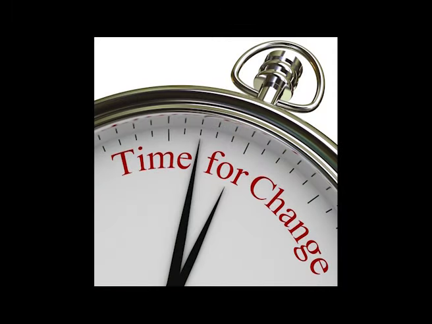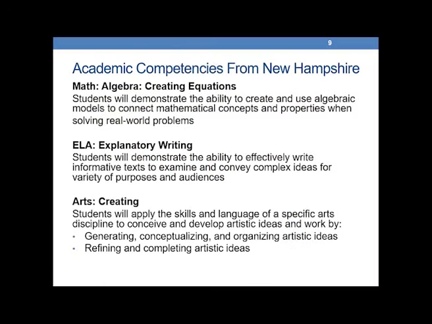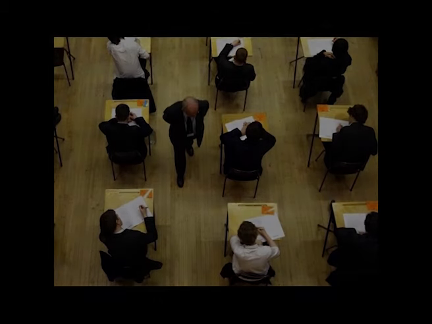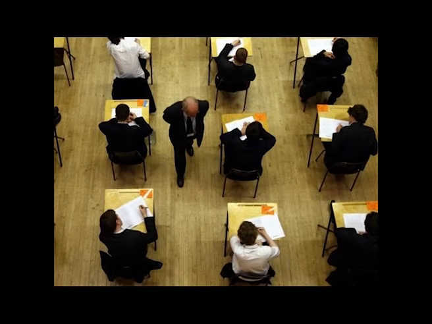Instead of measuring the time students were in the classroom, the New Hampshire Board of Education established statewide competencies for math, English language arts, science, the arts, and work study practices. This opens the door for alternate pathways to a degree, including internships and community projects. New Hampshire used coaches familiar with CBE to help transition teachers. A new grading policy was established based on research that shows course performance is a better indicator of future success